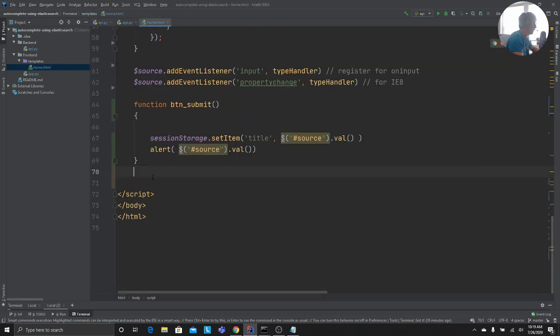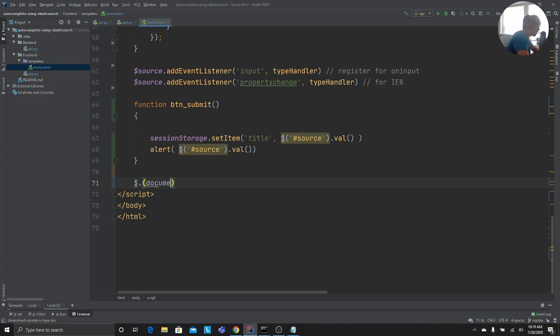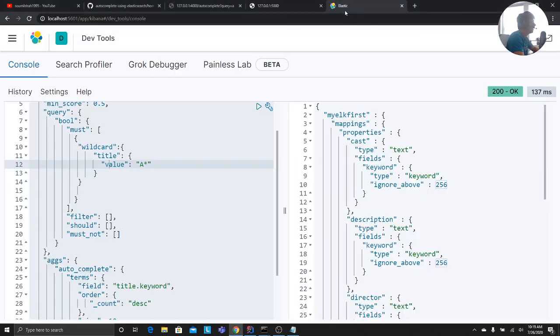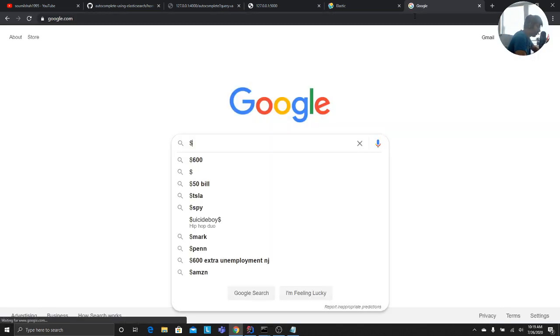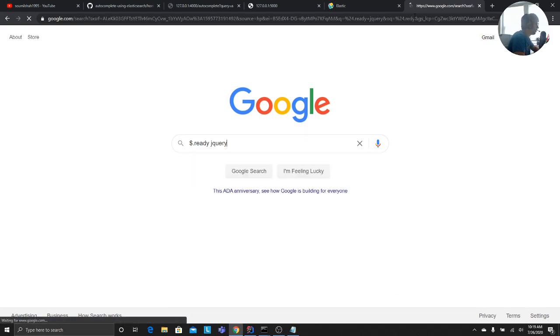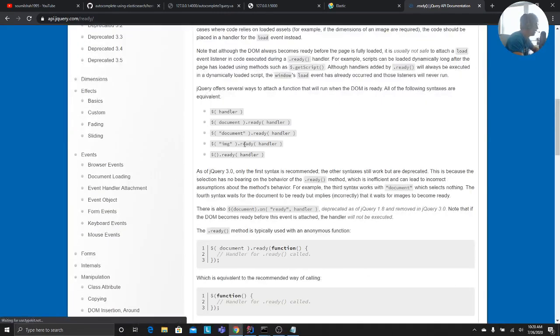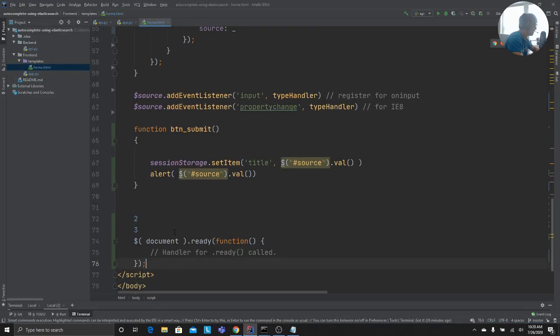So we go to front end. We'll use a dollar document. I forgot what the DOM element was to load, dollar ready. Just want to make sure quickly. Yeah, I forgot the syntax actually. You should usually Google it up. I usually Google it if I forget the syntax, go to the official website and quickly see, okay, that was the one. So what I will do is add some jQuery here.